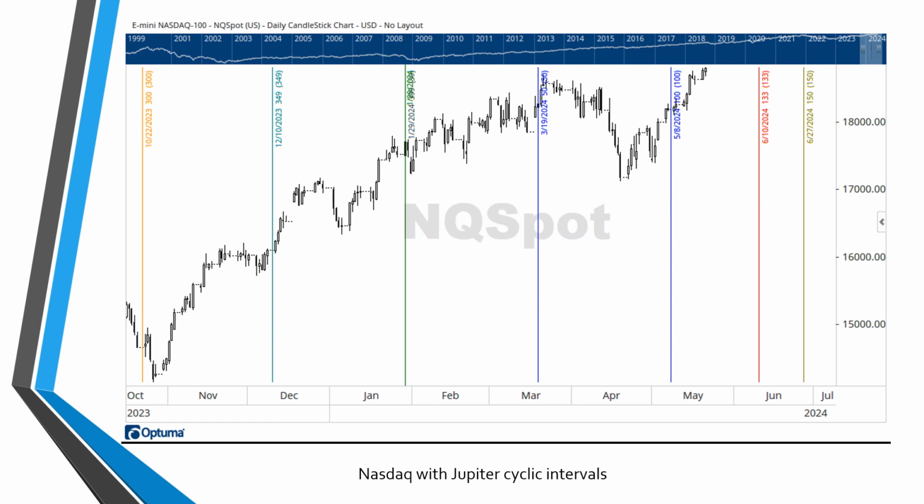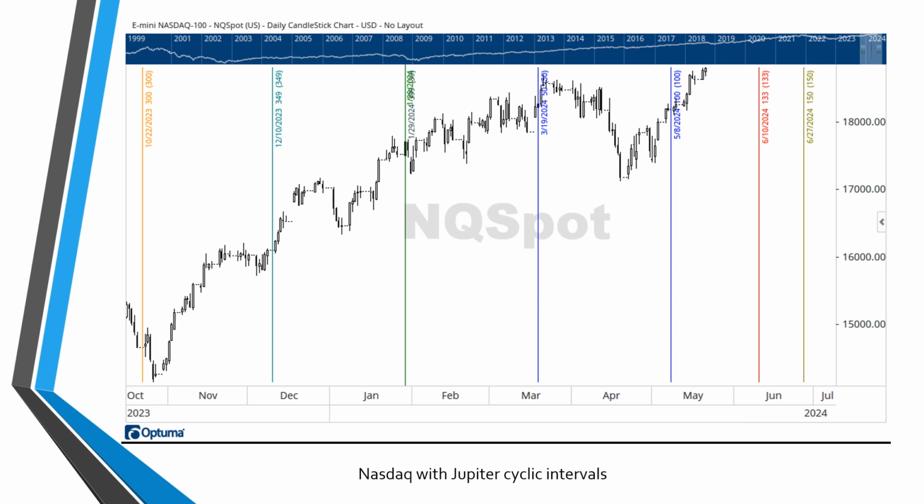In the case of Venus and Mars, neither of them had any correlation to October 2022 or October 2023. So I said they don't work. Got to be something else. And that something else happens to be Jupiter. And so you can see at the left-hand side of the chart, there's a Jupiter